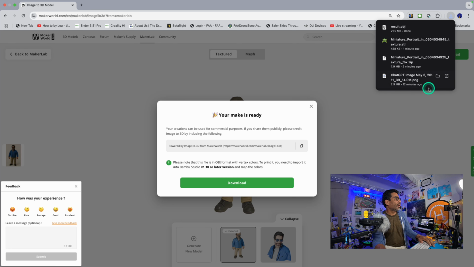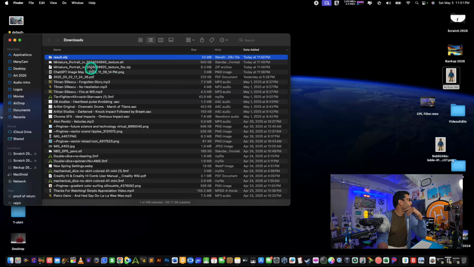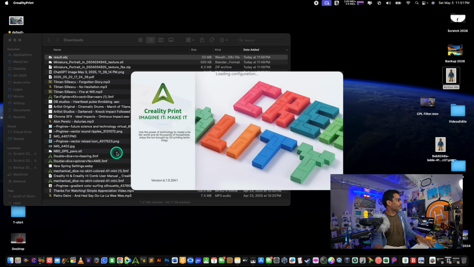All right. So, man, what the hell is an OBJ? I want an STL file. Okay, that's fine. We should be able to open that though. Now we'll go here, OBJ, and let's drag this into the Creality slicer, Creality Print. It should convert,